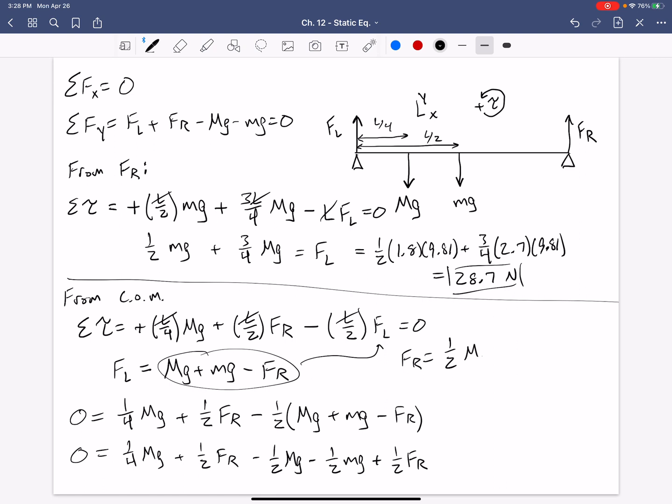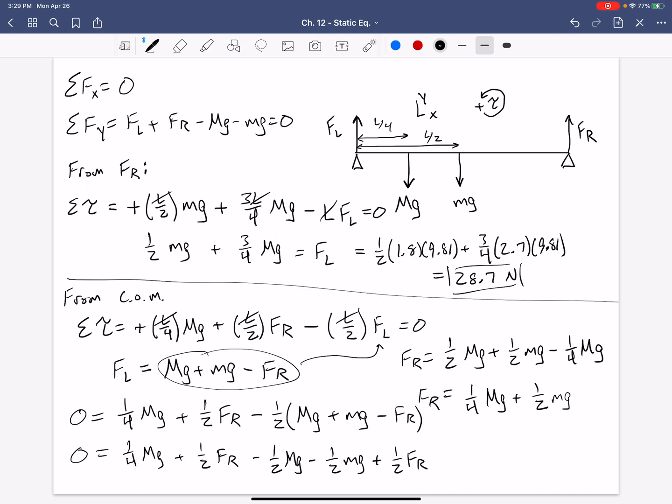That becomes positive 1/2 capital Mg plus 1/2 lowercase mg, and then minus 1/4 capital Mg. Okay, combining like terms again, right? We have capital Mg, so a positive 1/2 minus a 1/4 gives us, what is that? Plus 1/4 Mg plus 1/2 lowercase mg, and this is our expression for FR that we should have gotten in